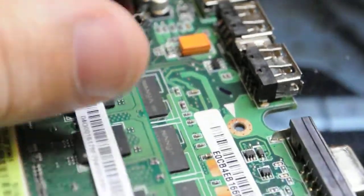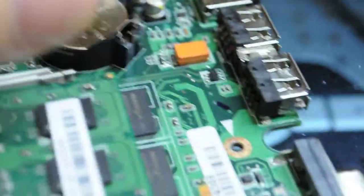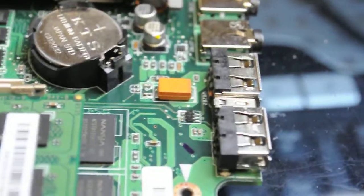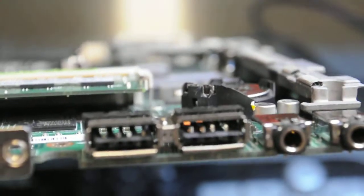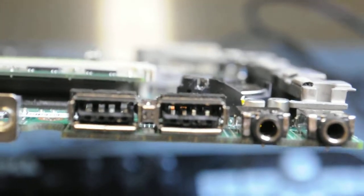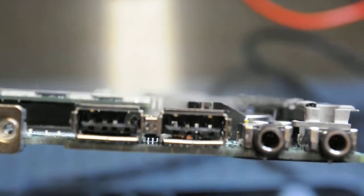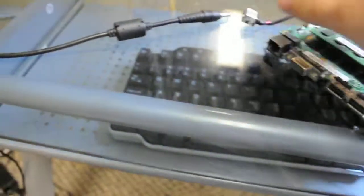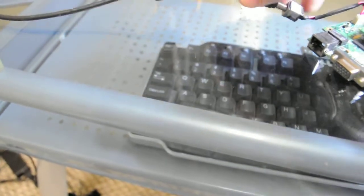Okay, so we've taken the USB ports here and realigned them, and made sure everything is straight, lined up, and we can actually see that we've taken and realigned them inside the actual port. So the only thing we have to do now is test it to make sure that everything works out, which we can do right now. So we'll take and plug this in, and flip it over